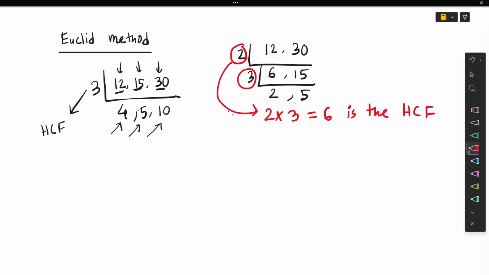Okay, 6 is the HCF. Remember, all these two values must be divided with these values. Okay, this is the main thing here. Now we have learned what is HCF. Now we have to find what is called